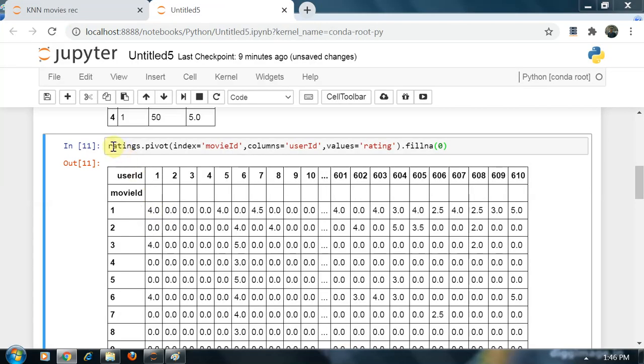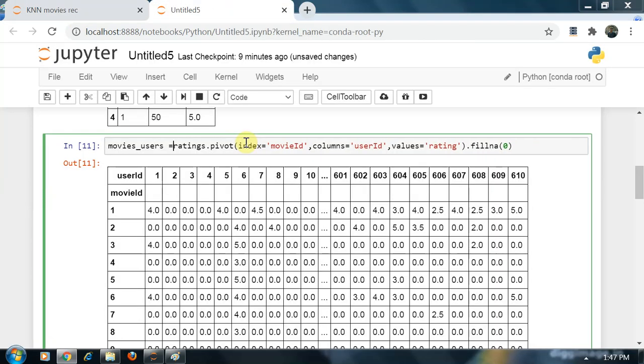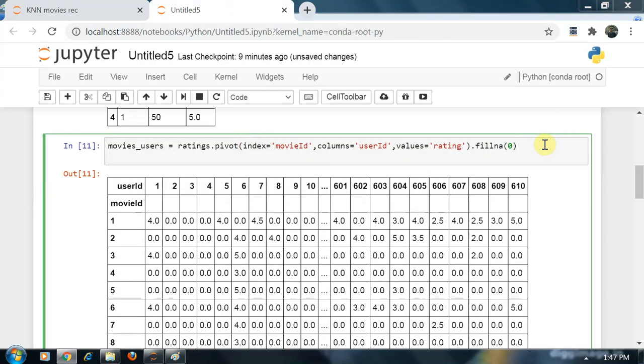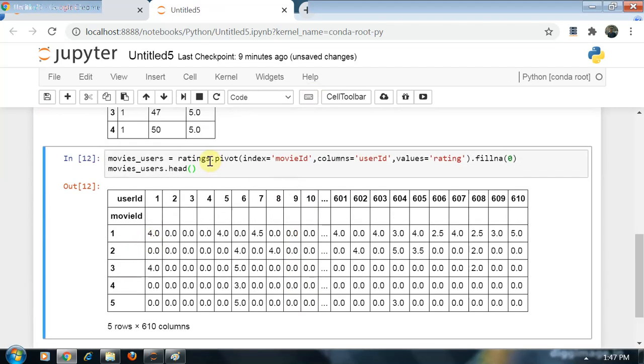I will store this in the movies users data frame. So this is our movies users data frame. It is pretty nice now.